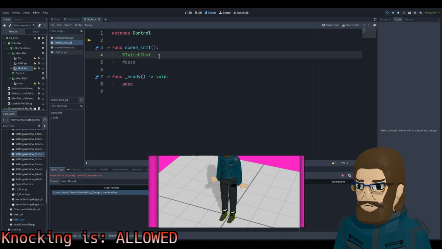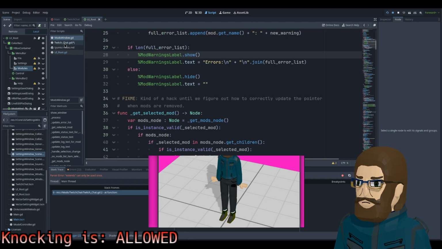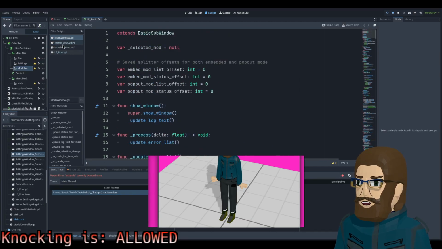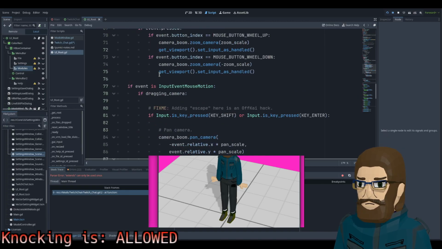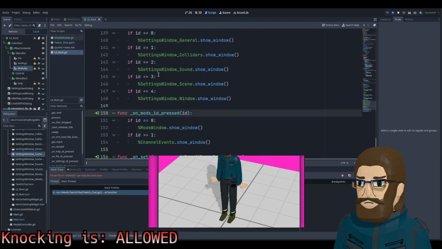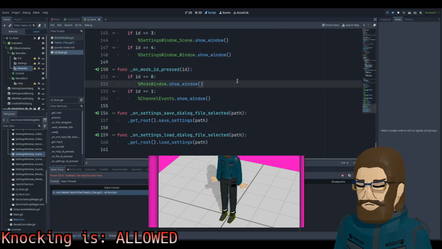Show? No. So how do we get that to work? So we're extending control in the mod window. No, not the mod window. UI root. Like, you're able to do this. Unless, like, am I silly? Am I a silly guy?